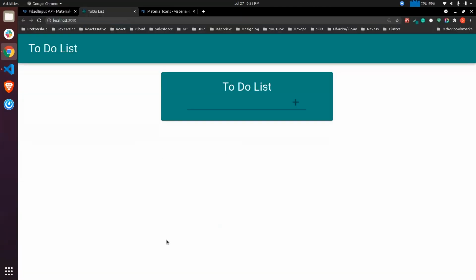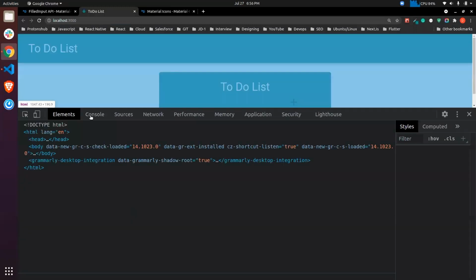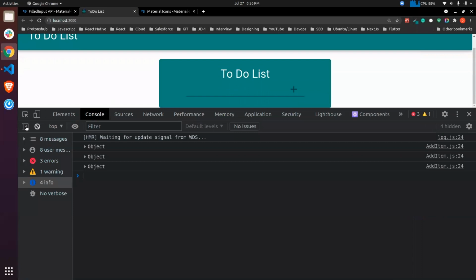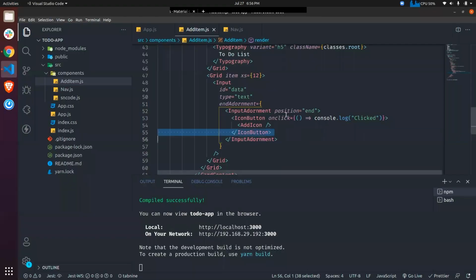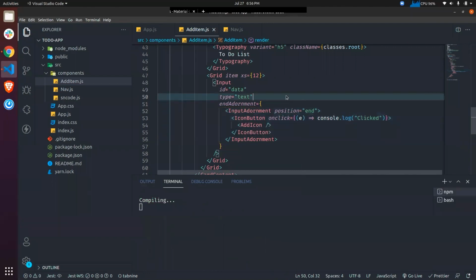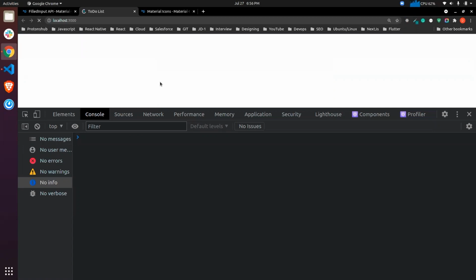and let's check our console. So clear the console, and if I click on this, I should be getting something, but why I'm not getting, let me check.